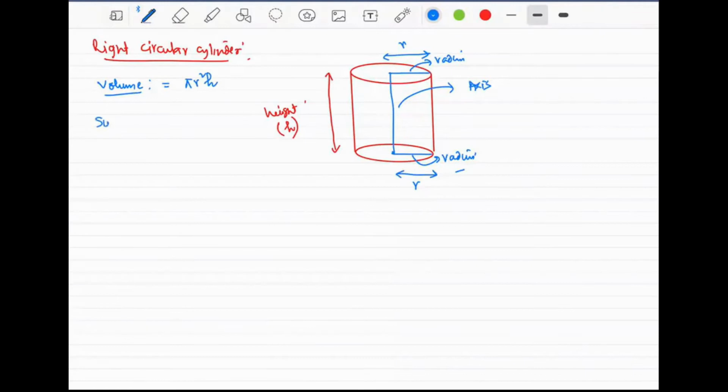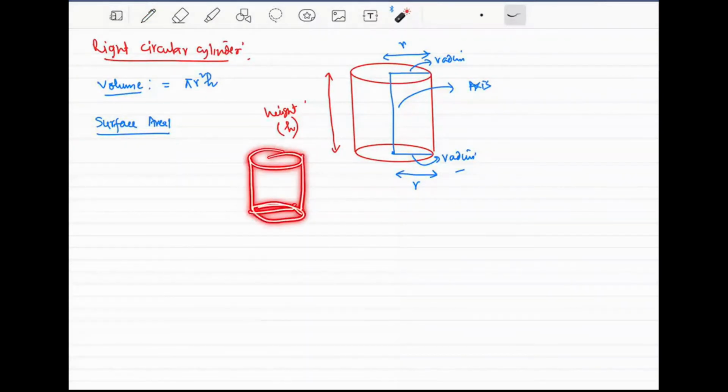What about the surface area? Surface area will depend on two conditions like we have done in the case of a sphere. If it is a hollow thing, take the example of a cylindrical glass. For a cylindrical glass, let's say the top and the bottom are hollow. Then there won't be a circle here, there won't be a circle here. And this portion right here, the shaded portion right here,